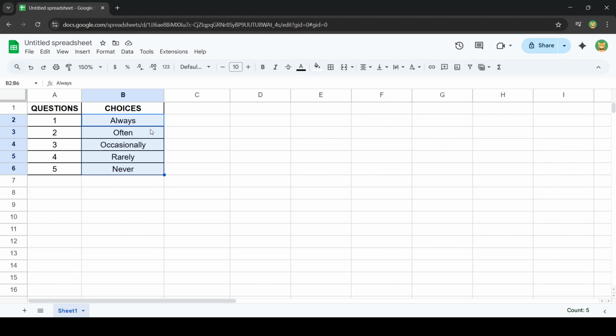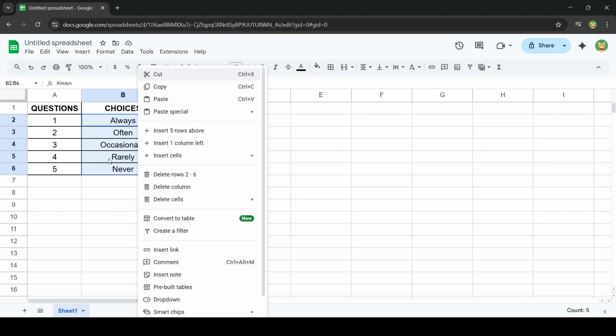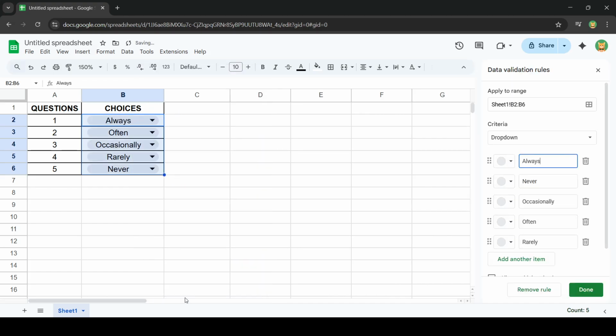Once your cells are selected, right-click anywhere inside that selection and choose drop-down from the menu. You'll find this option near the bottom of the right-click menu. If you're on a trackpad or a device without a right-click button, a two-finger click or a control click works the same way. Selecting drop-down opens a setup panel on the right side of your screen where you'll define what